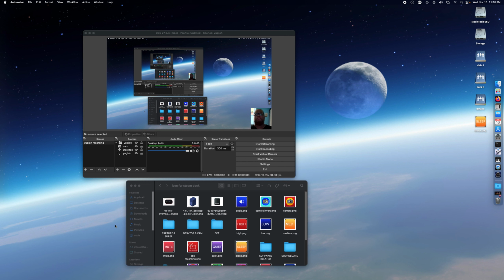It's pushing a lot, and also Monterey on this system isn't really well optimized. Big Sur was running a little bit better, but Catalina runs the best on this system. You could get more out of the hardware, but